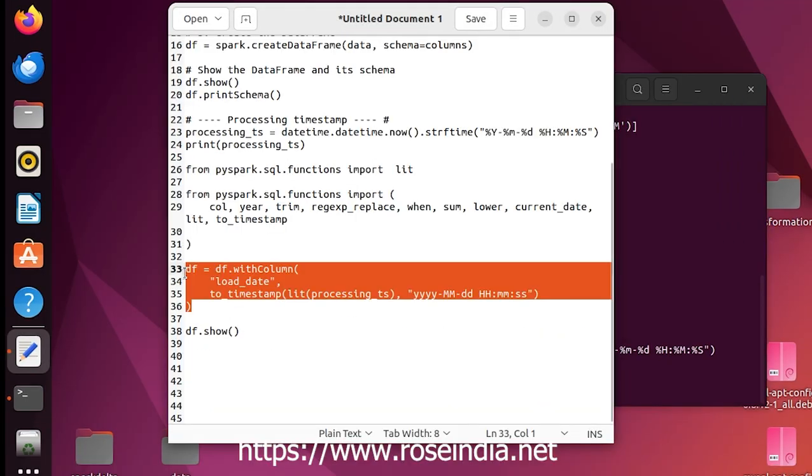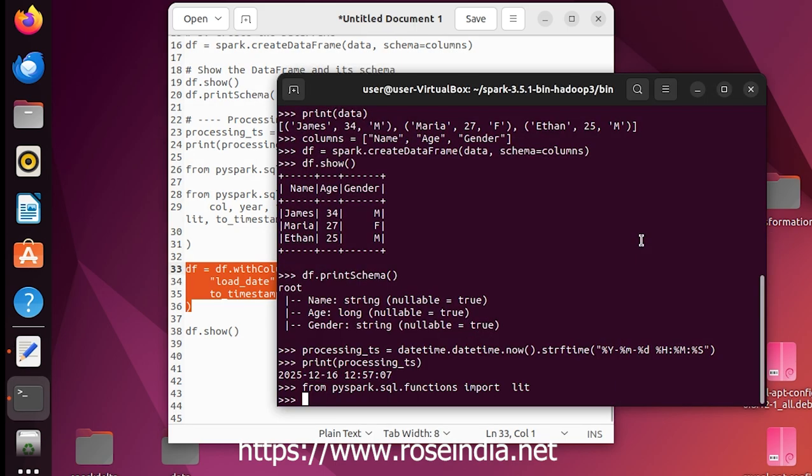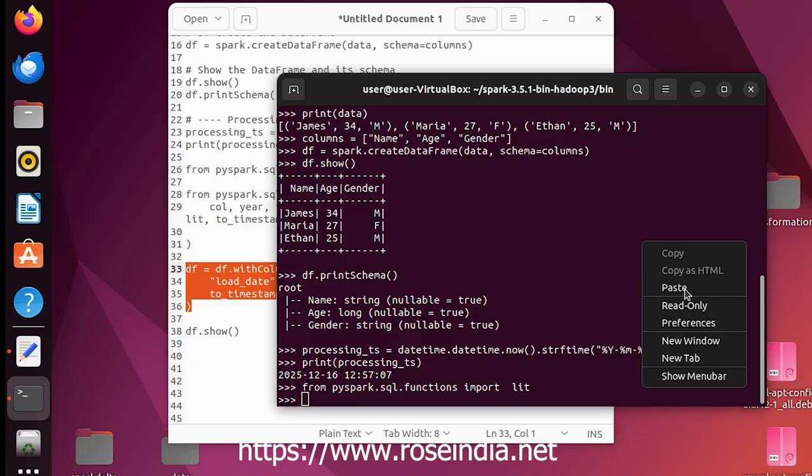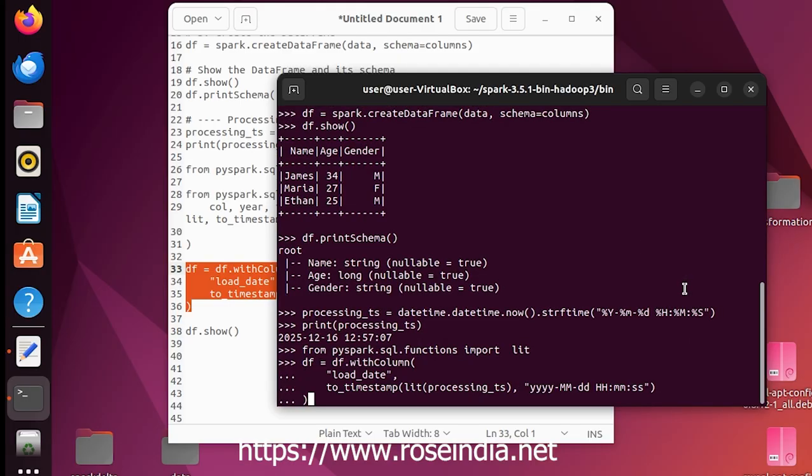Next, so this is the code: df is equal to df dot withColumn and column name is load date, to_timestamp, lit, processing timestamp, and is in the YMD format. So if I run this code, it's going to create a new